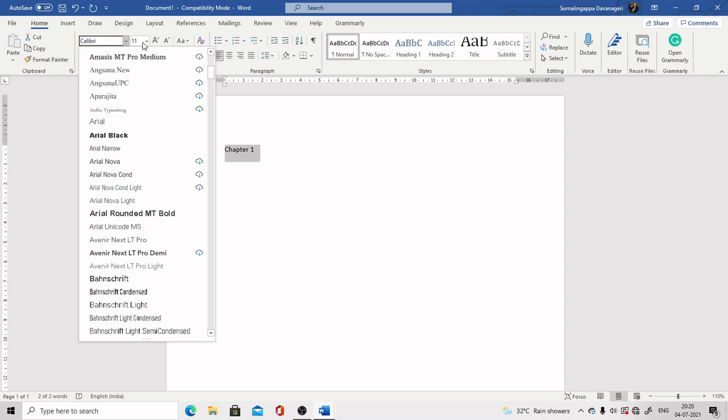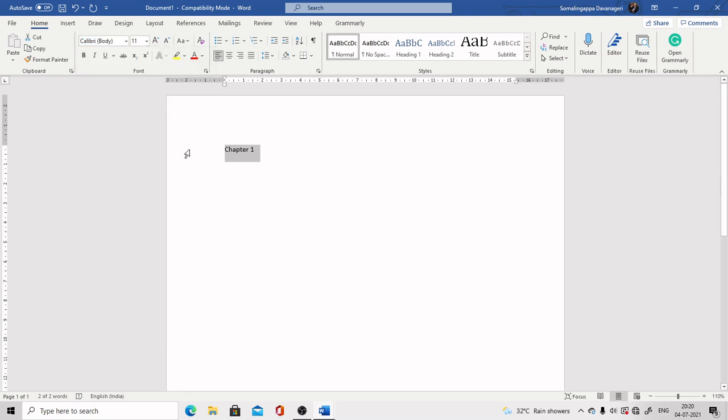This chapter number 1 has to be of 16 font size. You can place this chapter 1 either on the left side, middle, or right, but better you go on the left side.